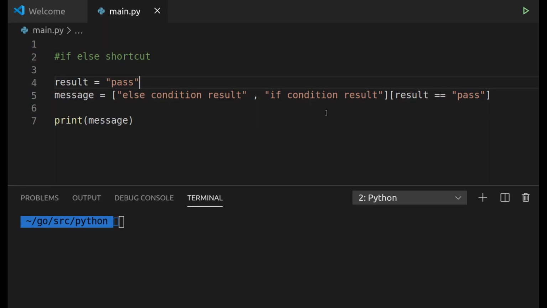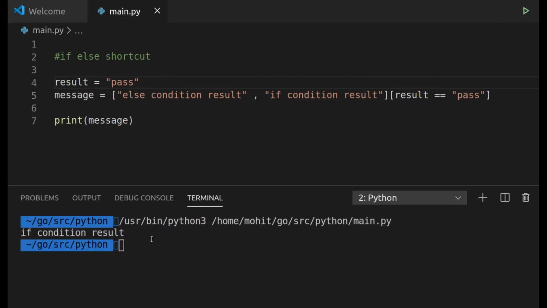So whenever the condition is true, the first index will be printed, and whenever it is false, the 0th index will be printed. So we can use this as a shortcut for if-else. If you see the output, it has come as the if condition result.